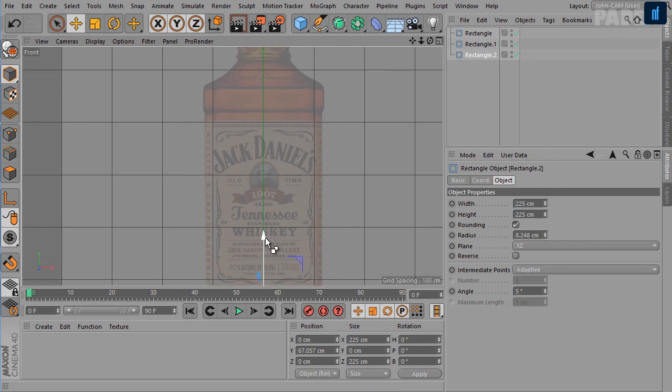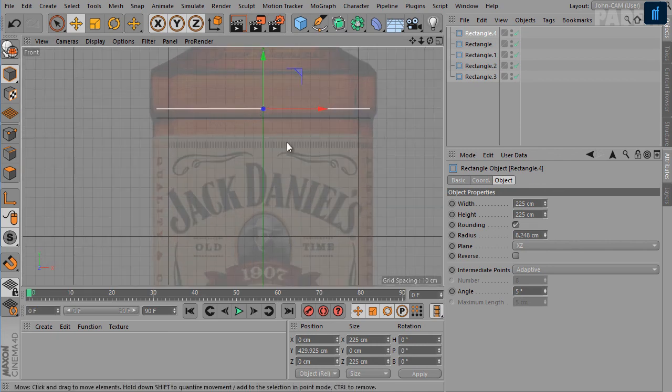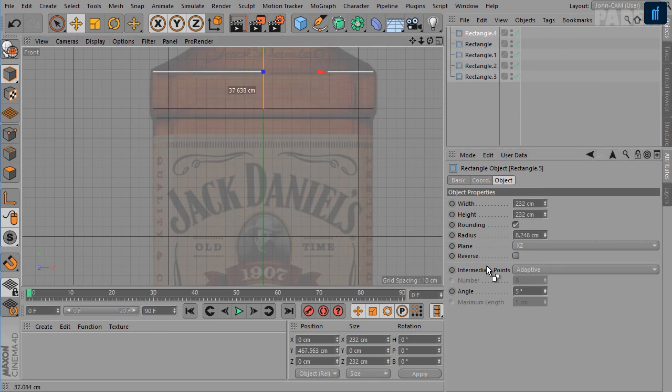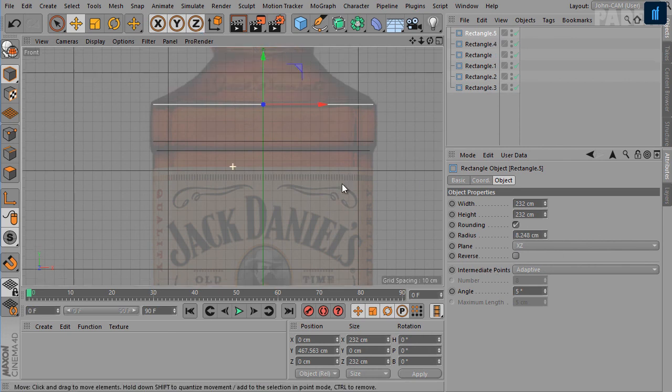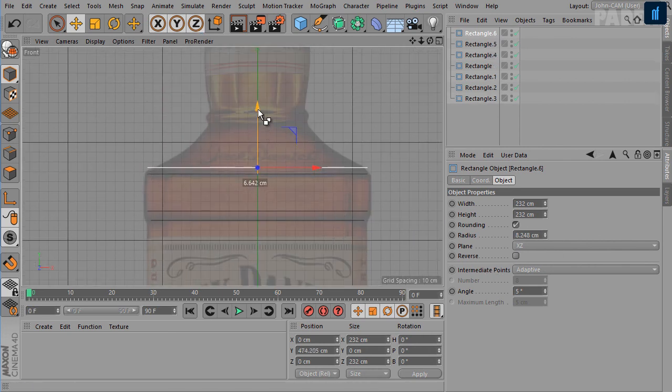Now create one more copy, rectangle 3, and its size will be 225 by 225. One more copy here, and it will be 232 by 232. Again 232 by 232, and here we'll have 225 by 225.